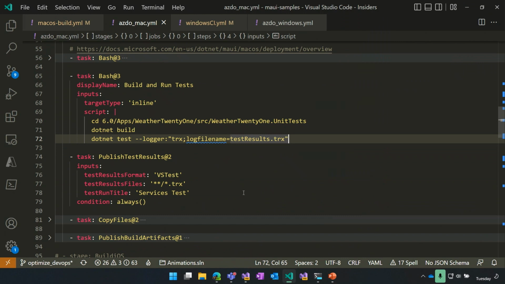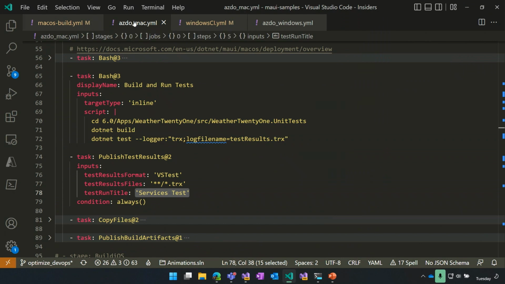So for Azure DevOps, there is a built-in Azure DevOps task called publish test results. Super easy. Again, I like to throw in the condition that it runs always, so if there's a test failure, it's still going to run this task and publish your test results. And again, I just give it the path, you give it what name you want it to be called, and it handles it.